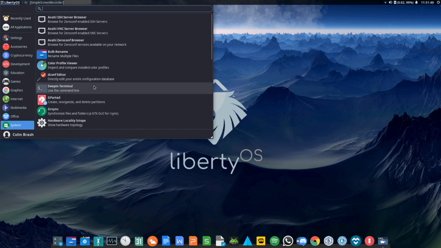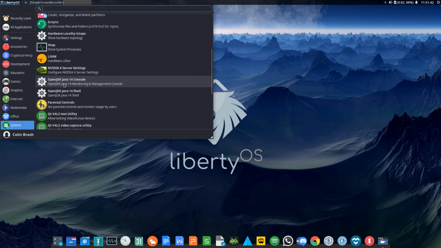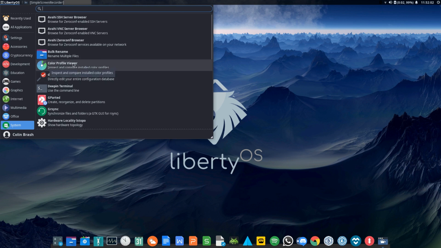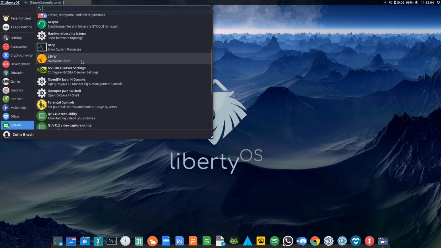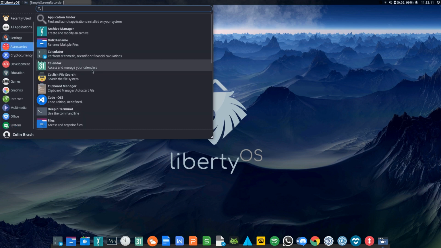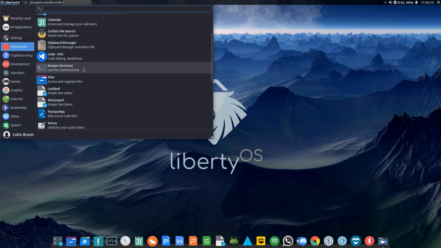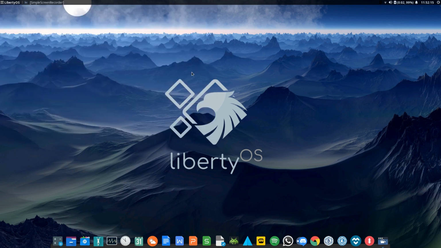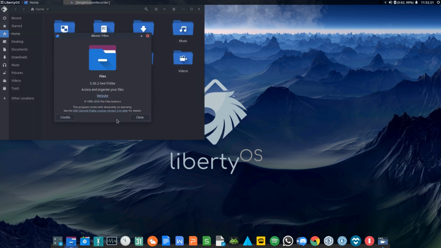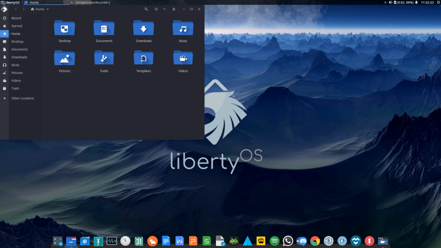So what I find interesting here is you've got the Deepin terminal, you've got the XFCE terminal, you've got the Thunar file manager, you've got bulk rename there, color profile viewer, but you've also got, not showing up under the system here, I think it must be under accessories, you've also got files. So you've got files, and about files is files 3.36. And then you've got